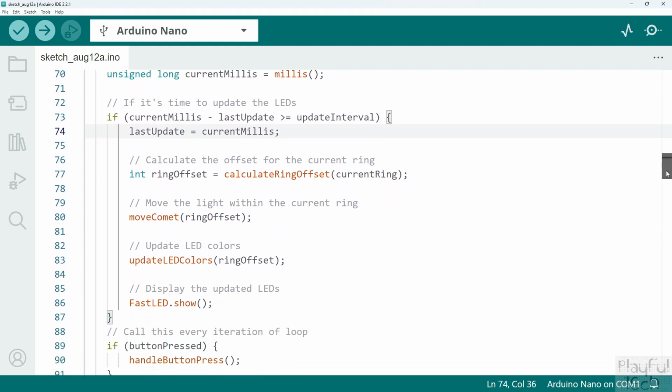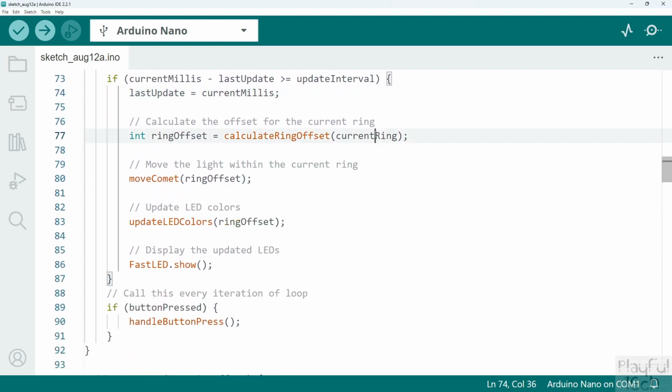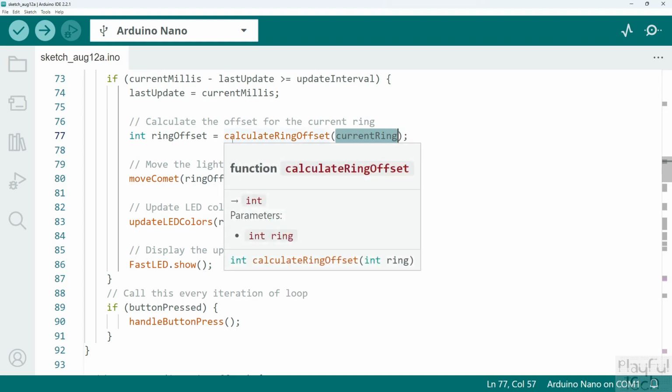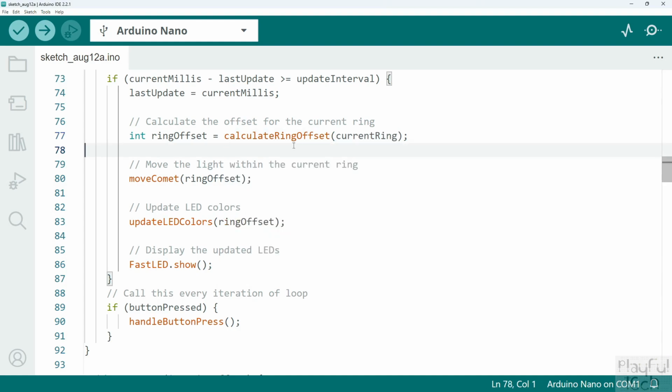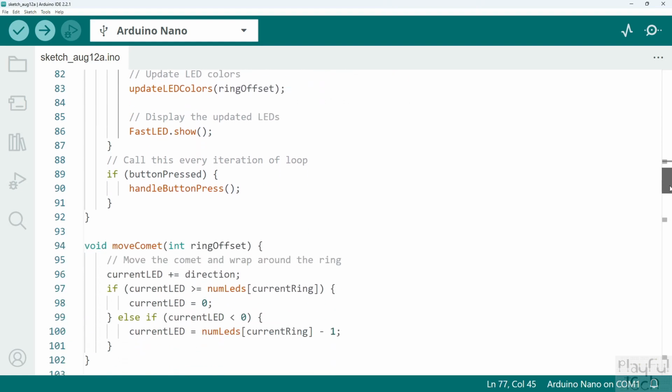If so, what we need to do, based on the current ring, so the current level of the game we're up to, is count how many LEDs along the strip we are. Remember I said that the Arduino is treating this as one continuous line of LEDs in a row, and we need to work out where the first LED in the current strip is. So I've defined a helper function here called calculate ring offset,